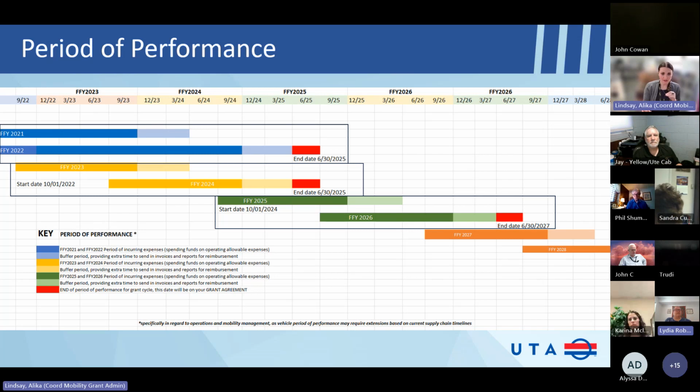So if you already have a fleet in place, existing vehicles, it's just if we had it tied to the vehicles we were going to get. But if we already have the vehicles, okay. And so how this applies to expansion vehicles is that those operating funds are used on existing fleet vehicles. And so it's okay. Yes.